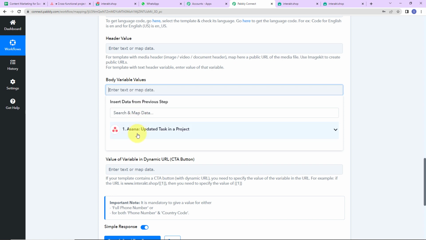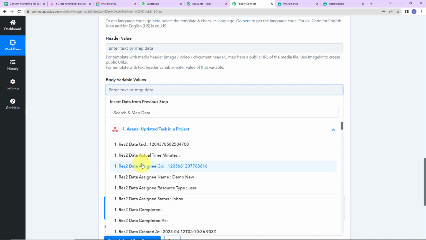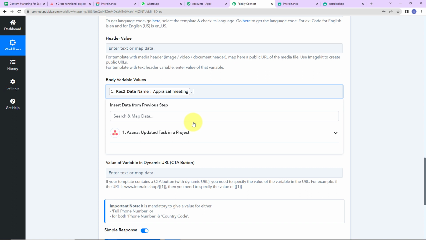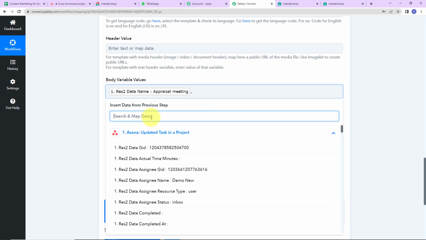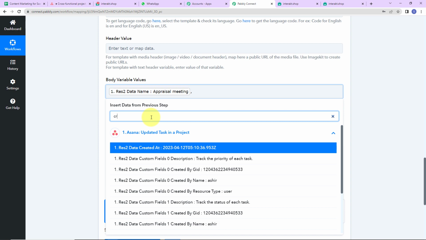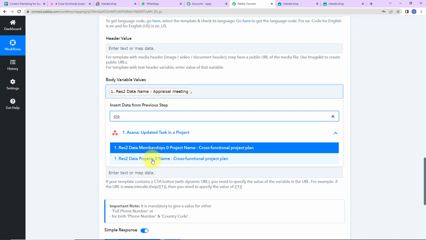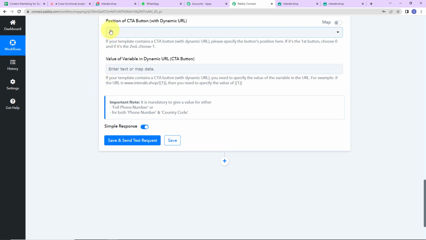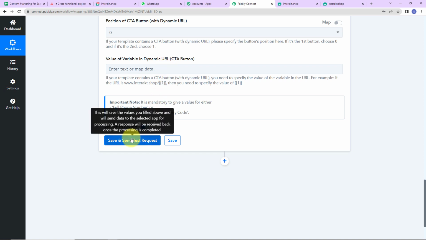As I click on this, it is showing me the previous step. And now first of all, I need the name of the task, which was appraisal. So this here is the task name. I'm going to put a comma, and then here we need the name of the project, which was cross-functional project plan. So these were the two variables. The next thing is position of CTA button and the value of variable in dynamic URL. We do not have the CTA button, so I'm just going to leave this blank and click on save